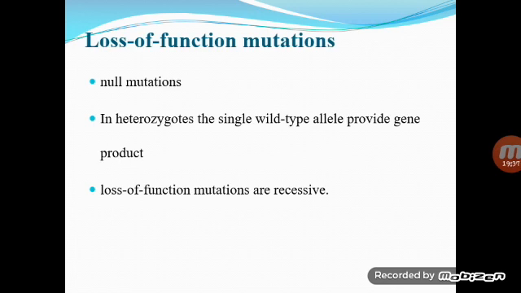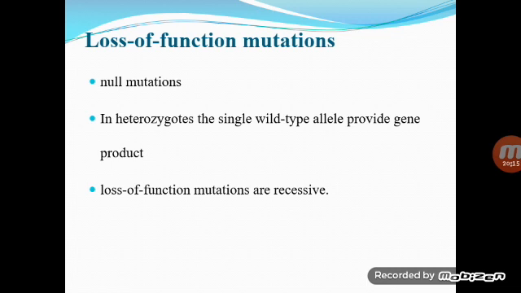Next type of the mutation is the loss of function mutations. In this type of mutation, the organism loses some kind of function as compared to the wild type. So we can also call this null mutation, or loss of function mutation. Generally, loss of function mutations are found to be recessive. This is a recessive